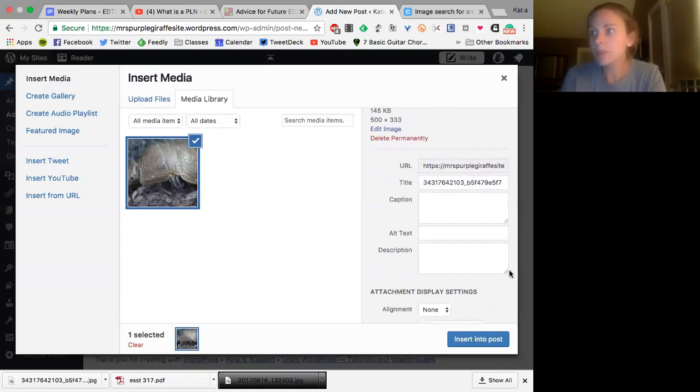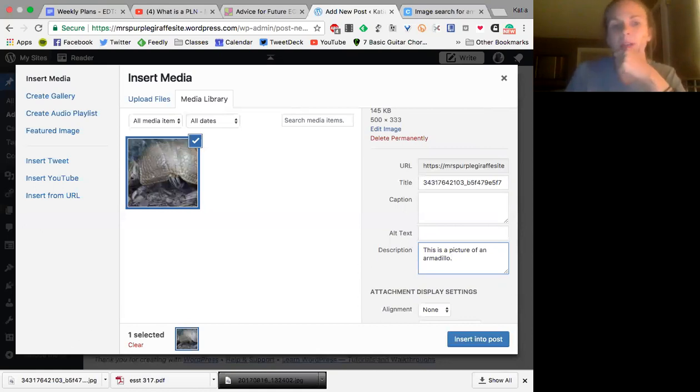Description, this one is for if, basically, if you had a blind person who is using a browser that reads to you, if you put description in there, whatever they're using to read will tell them what it is. So if I put, like, this is a picture of an armadillo, then that way, if somebody who is visually impaired in some way is getting this read to them, they'll know what the picture is. Otherwise, it'll just come up with, like, this is something with a title and URL that doesn't help.